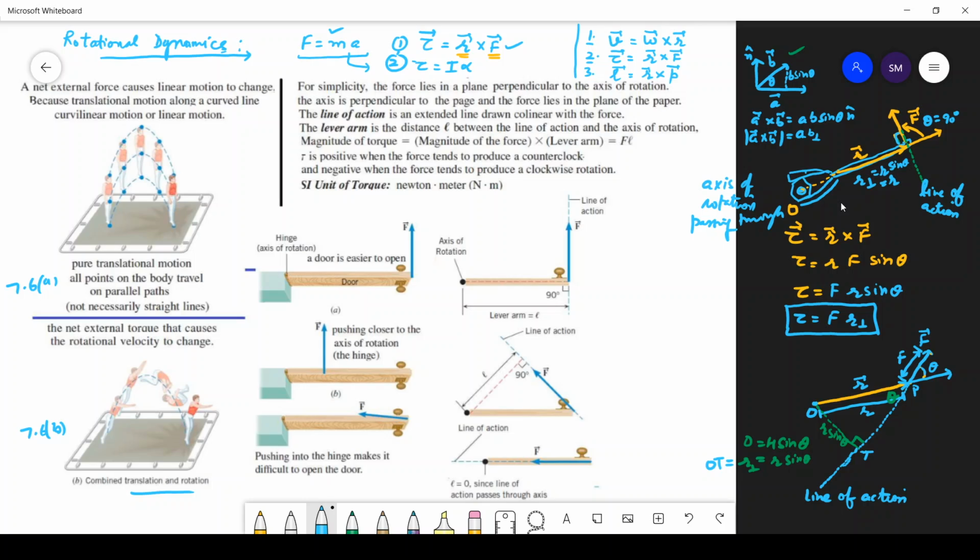And now you need to have the distance between the line of action and the axis of rotation,